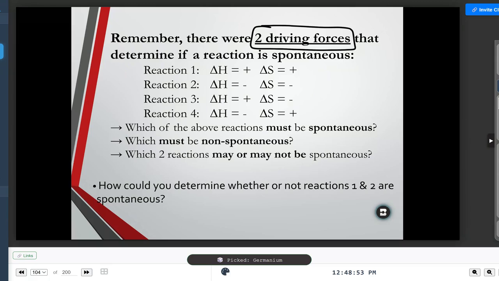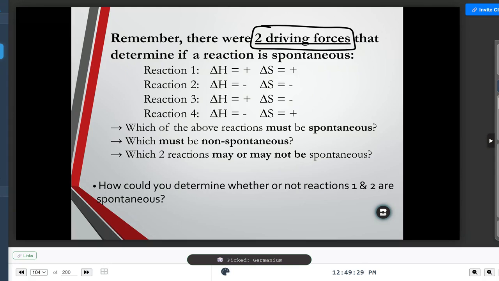We learned about enthalpy, that when things are exothermic, you're trying to go from a place of higher potential energy to a place of lower potential energy, right? So you're going to lose the energy that was stored in your bonds. You're going to become more stable when that happens. That's one of the natural processes that happens in chemistry. Then there was the other process we learned about. If you are going to become more disordered, that is also a natural process, right? If you're going to disperse your energy, that process is also natural.